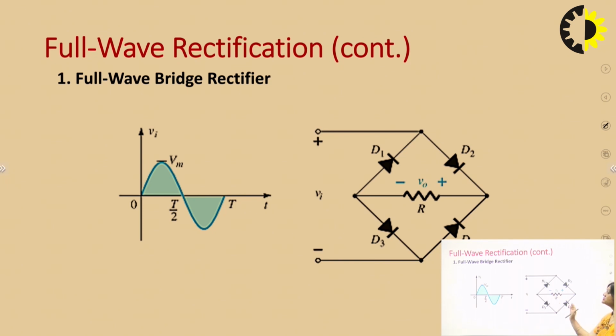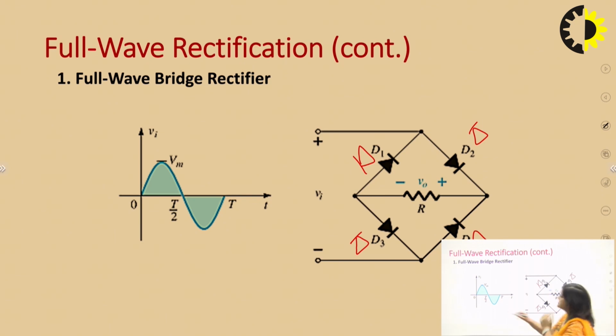Opposite diodes are always in the same direction. Like it is oriented here, likewise it is oriented here. And parallel diodes are always in the same orientation. We can also change the orientation of the diodes, like we can make it in this way, and in this way. But the opposite diodes' orientation must be the same, and the rest of the circuit will be in this way. So we can see this configuration.